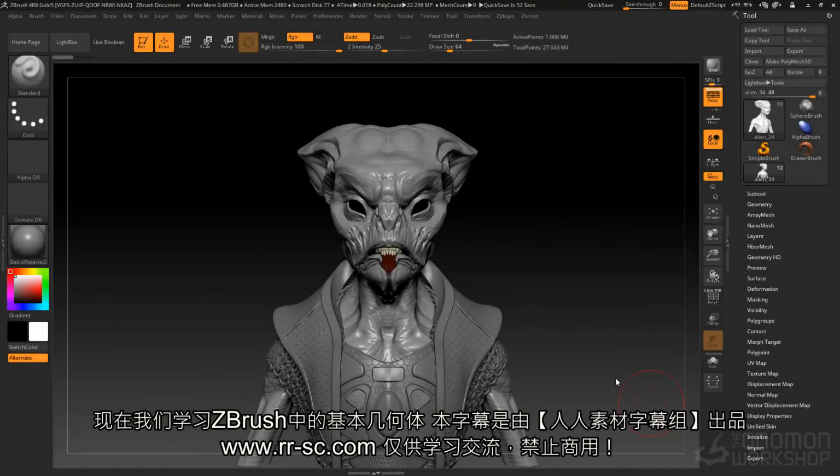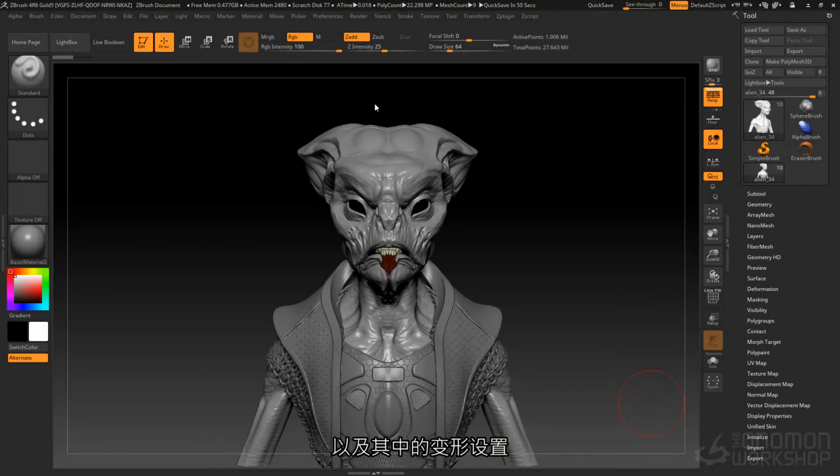So now we're going to take a look at primitives inside of ZBrush, as well as the deformer set that comes with them. In previous versions of ZBrush, you would access your primitives by going to the Tool menu and then the Tool palette. And here under 3D Meshes, you would find a selection of primitives. So for example, if I went to the Ring 3D tool, I could draw it on the canvas, go into